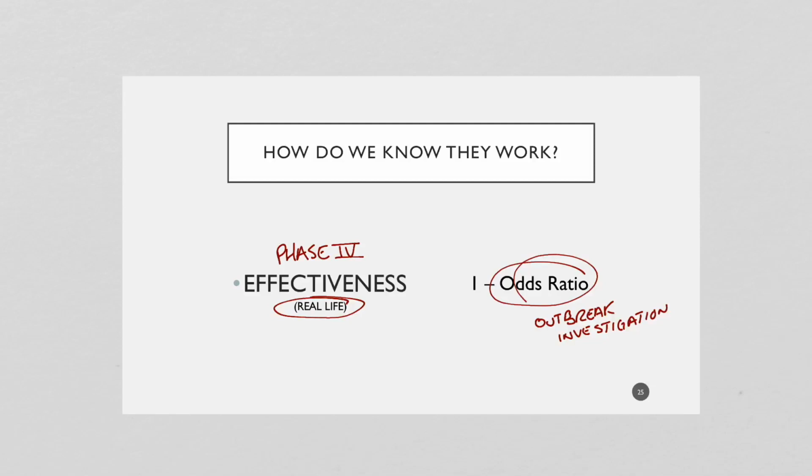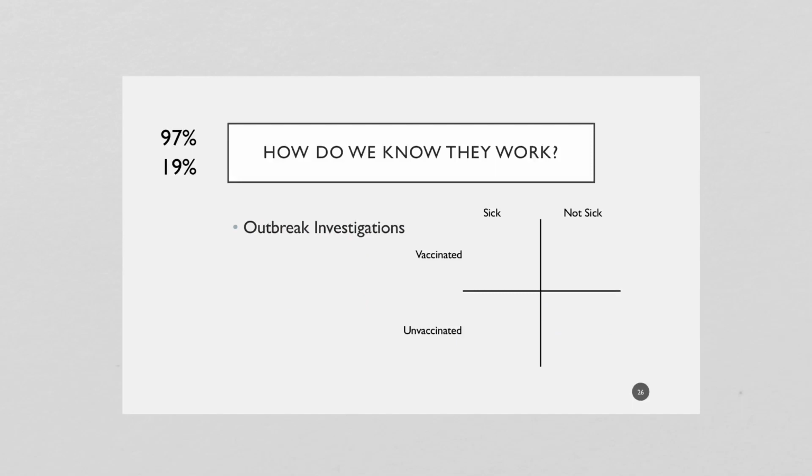So remember, in the previous example, we had a 78.8% efficacy. So what is the effectiveness? So let's look at that. Let's say that we have this outbreak investigation, and over here 97.19, this is for the MMR, the effectiveness, and this is for the influenza a couple of years ago. So 1 minus the OR for it to equal 97, then the OR should have been